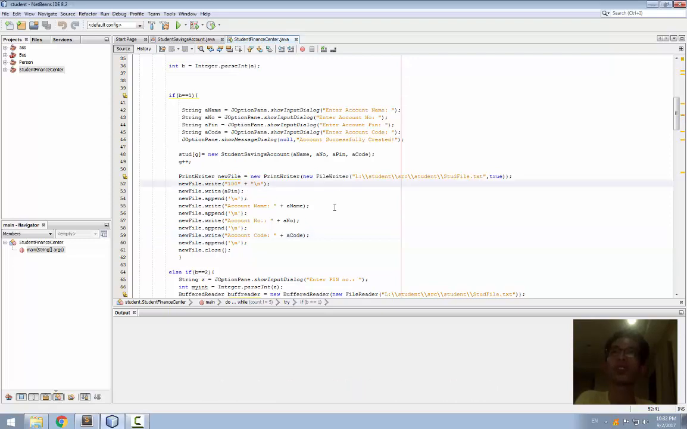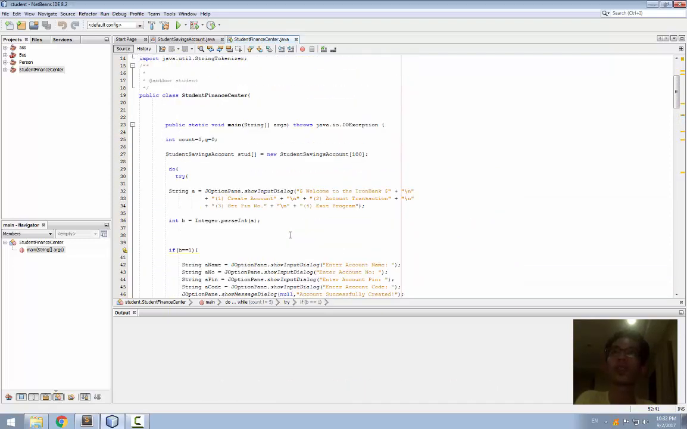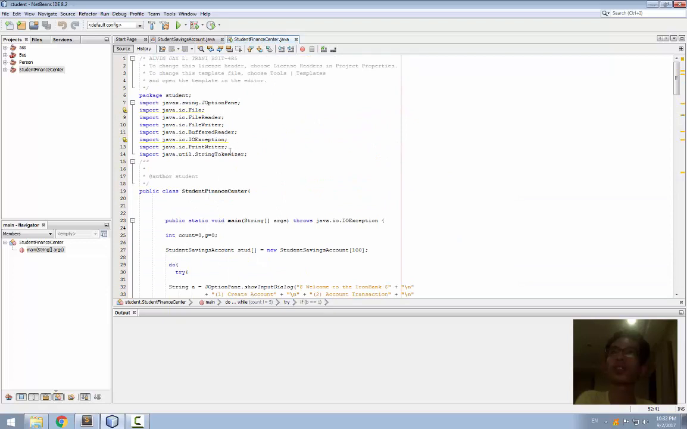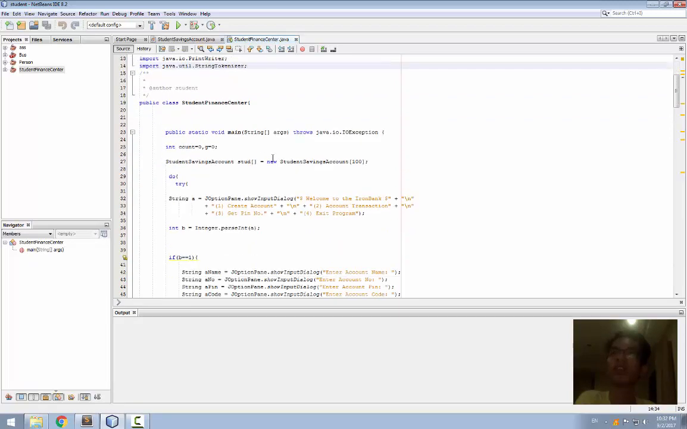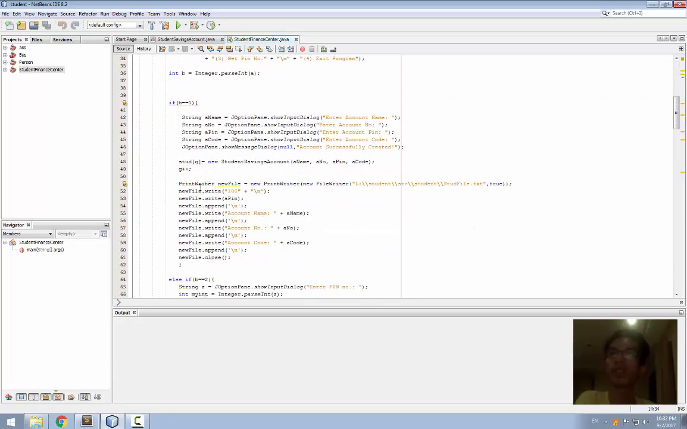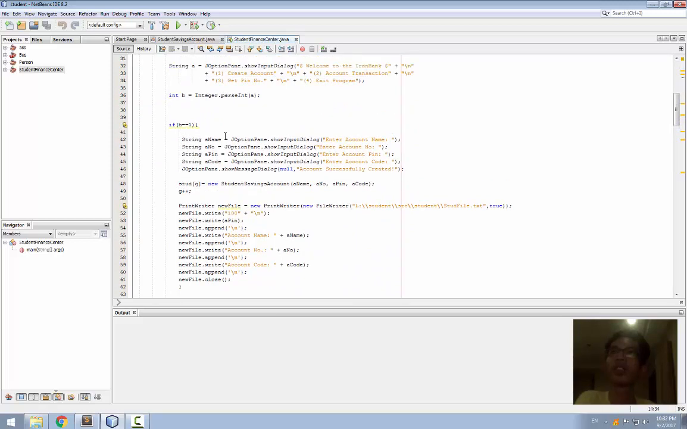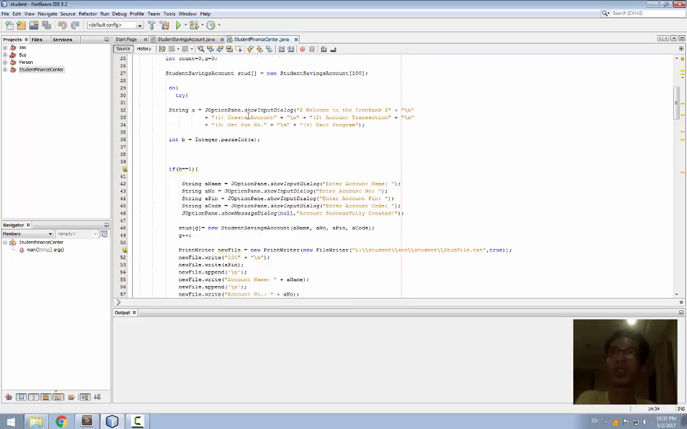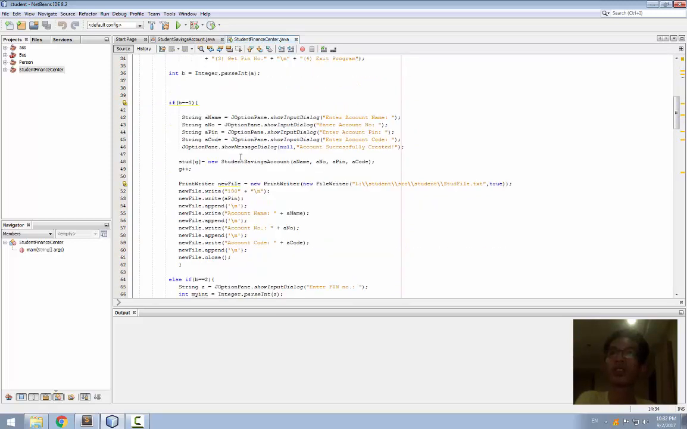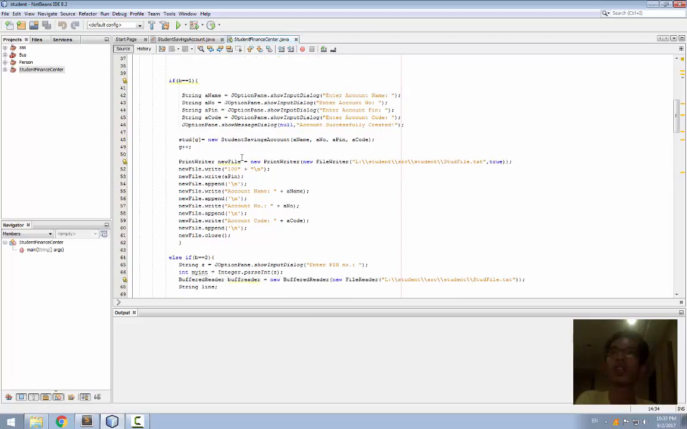So to do this, the print writer is declared, and then if the user wants to create an account, it's just the same. You have to enter the account name, number, PIN, code, and a successful message. After that,